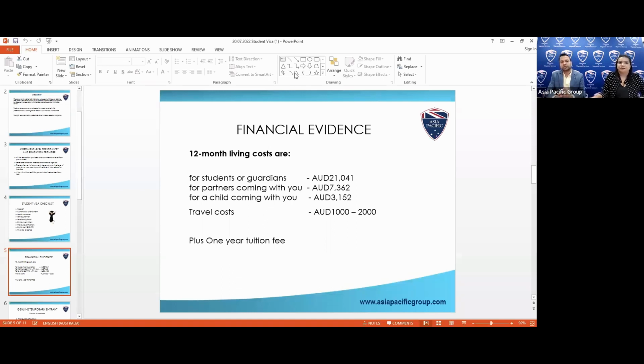If you are overseas, then you need to show $2,000 per person. Now here come the things like you asked me about the financial document, right? So it depends on your level of the college. So you may or may not need to show the funds and the IELTS results.